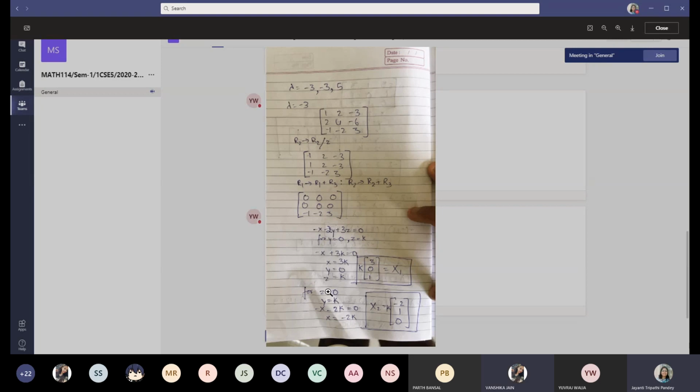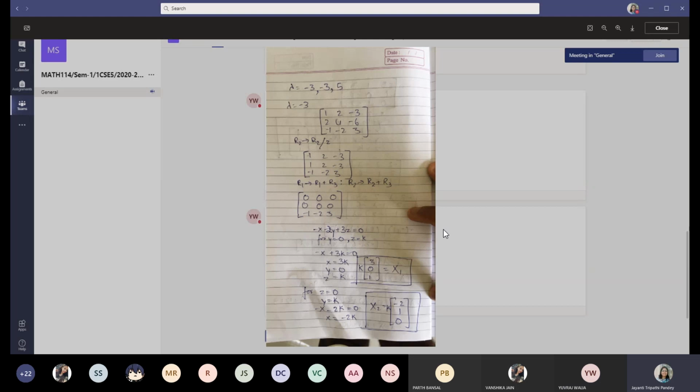Ma'am, we got this. Acha, now I want to explain something to you. Here, you are getting just one equation. Yuvraj, I have to suggest something. When you are writing this way, you have to rearrange it. You cannot have a zero row above non-zero rows. Make it very clear: whenever you write zero rows, they should always come at the bottom. Keep that in mind.